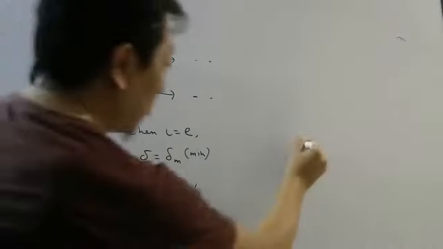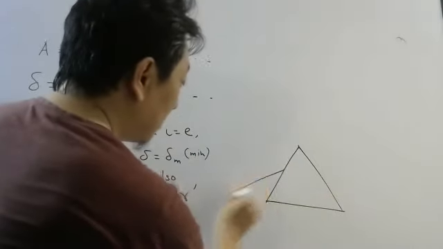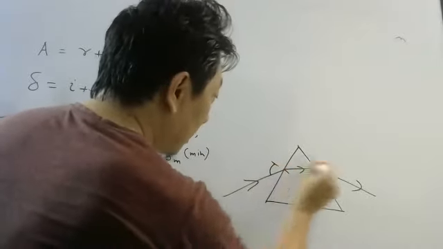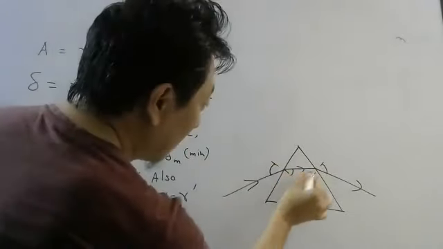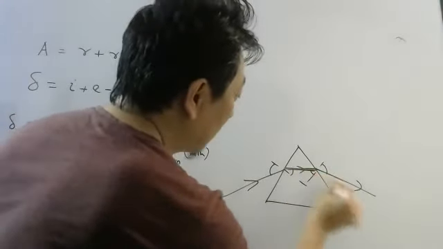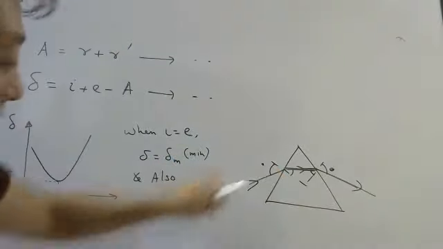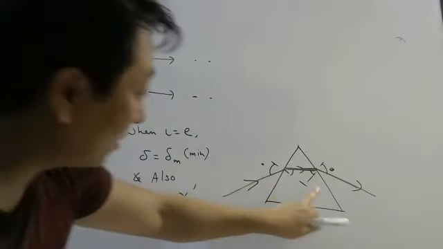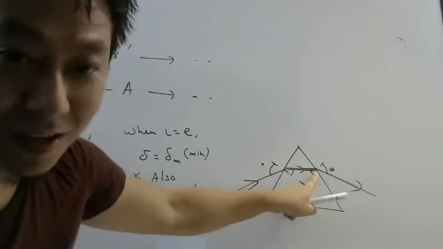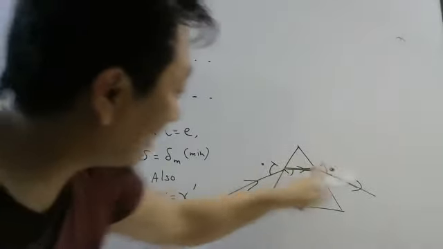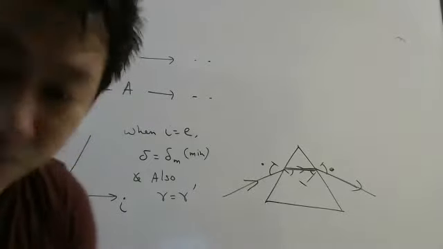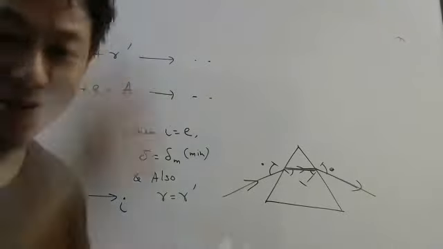Okay, so those who want to see how it is like that: if this angle and this angle are same, then this angle and this angle should also be same. Then only these two angles can be same, because this medium and this medium are same. So you can apply Snell's law here and here, and check that if these two angles are same, these two angles also should be same. However, that much we don't need to know, already the derivation is so long, right?